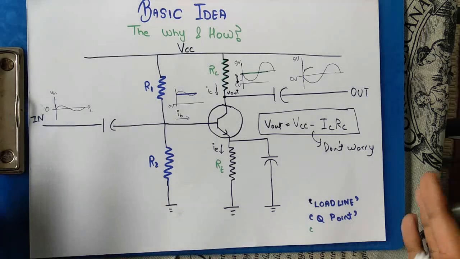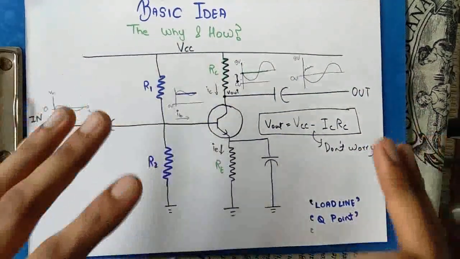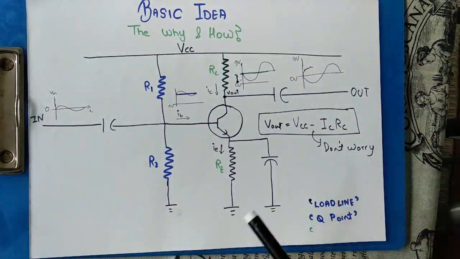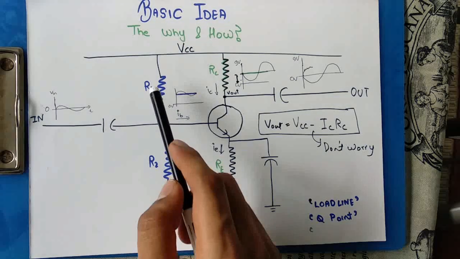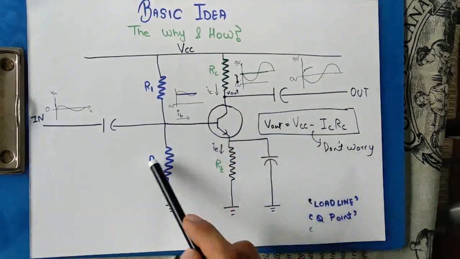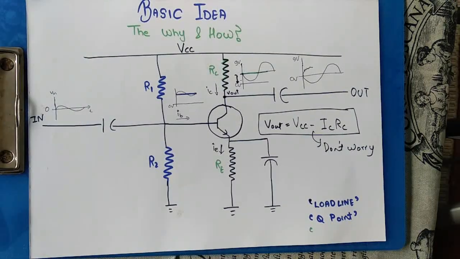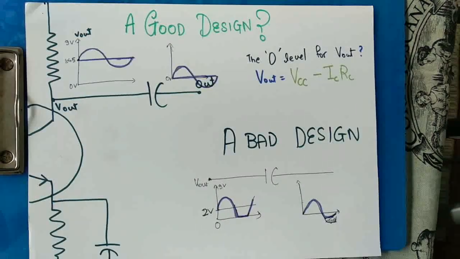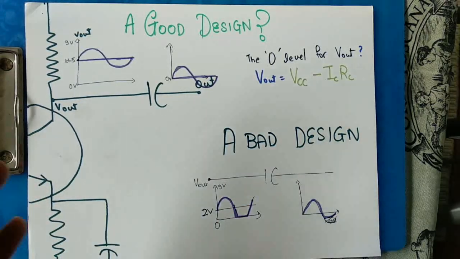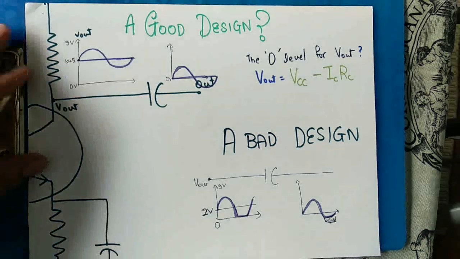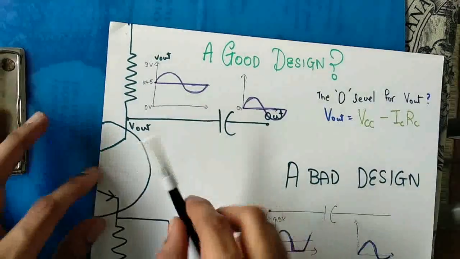And in general, even if you don't get this idea, there's no problem because what you really need to know is just how do you decide the best values for all these four resistors, and you're good to create circuits by yourself. So by deciding these four resistor values, what are we trying to do exactly? What we are basically trying to ensure is that the output,